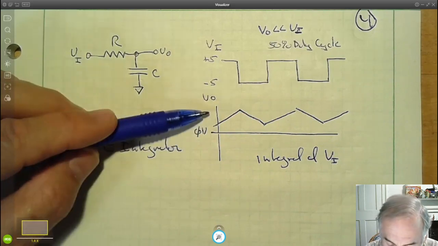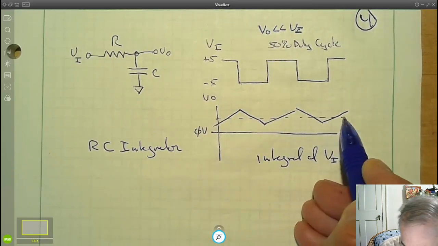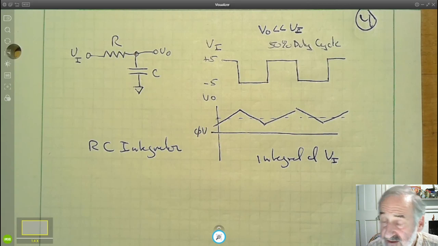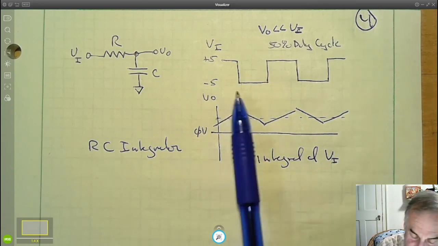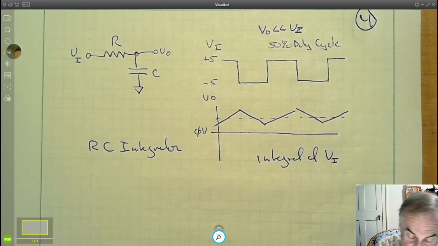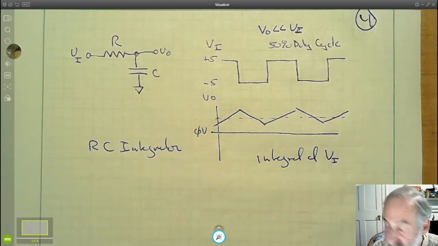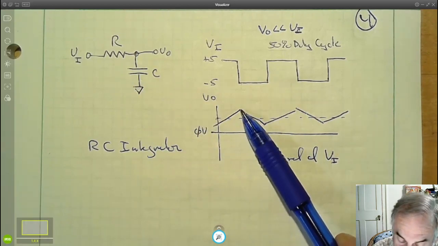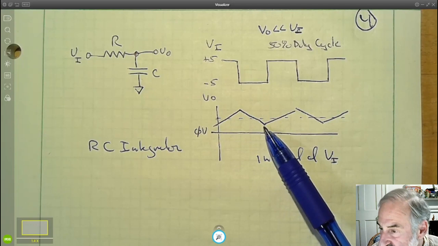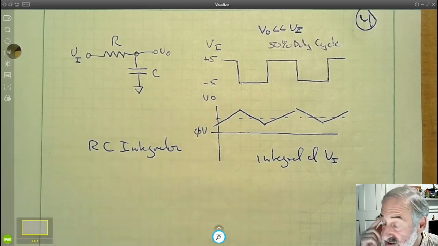So one question is, why did I draw the output as a slight DC offset rather than having 0 volts as its average DC? Well, this capacitor has been running since the beginning of time with a square wave into it. But at the beginning of time, we don't know whether it had 0 volts across it. Remember, a capacitor can start with any voltage. In this case, this capacitor started with some DC voltage, and that DC voltage won't change because the amount of charge that's pumped into it when we go up is exactly the same amount of charge that's sucked out of it when we go down. And the average is always 0. The average change in DC value is always 0,